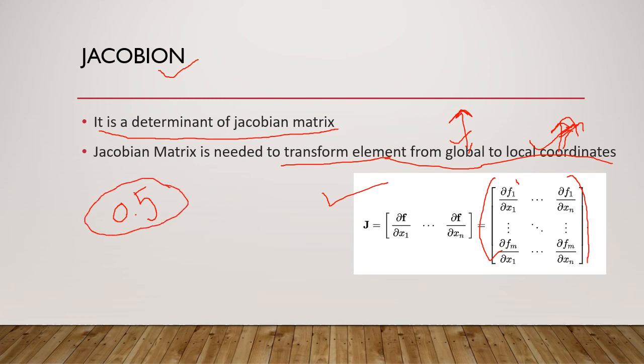Now, in any case, if it falls below 0, then the element will end up having a negative volume. That means the opposite faces of the element are crossing each other. Many solvers do not allow elements with Jacobian less than 0. For example, LS-DYNA does not allow negative Jacobian elements. It will start with a negative volume error itself.